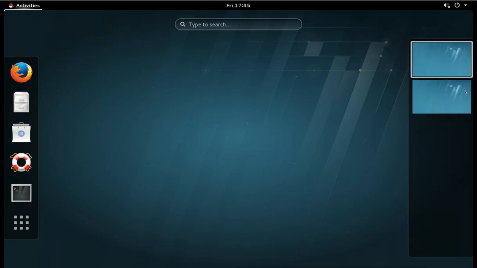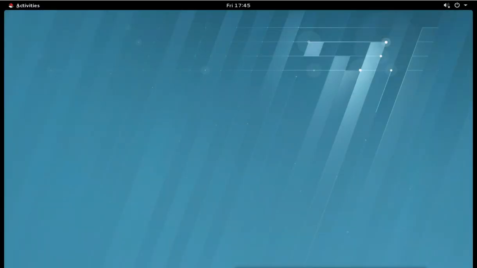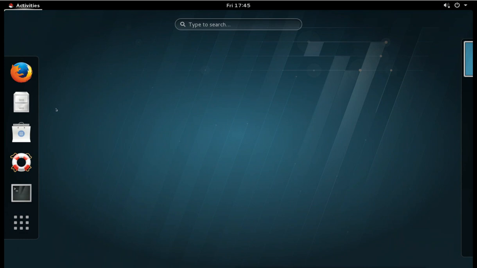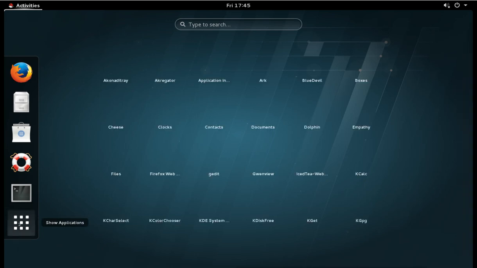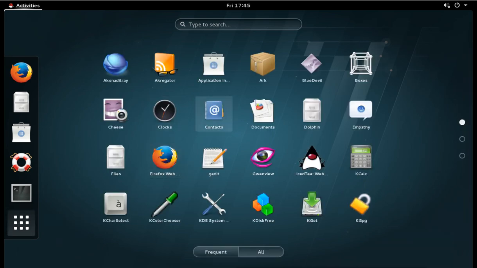In this side you have these workplaces. These are different workplaces we have, and here we have the browser, file manager, application installer, we have help, command terminal, and if you want more application, then you can go here and it will show you all the other applications we have.